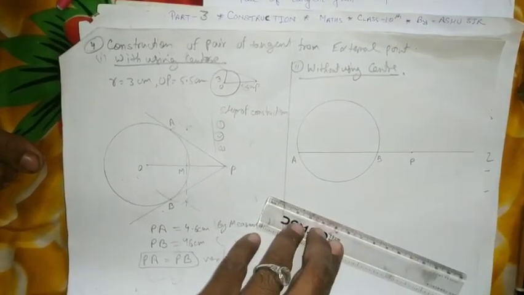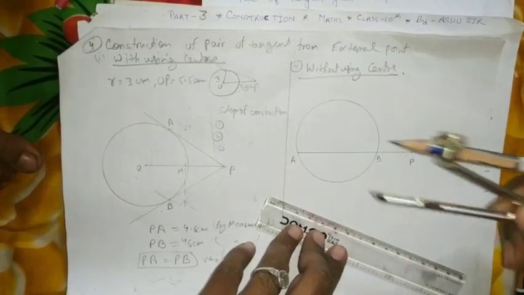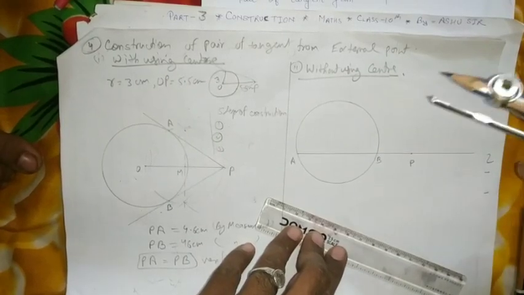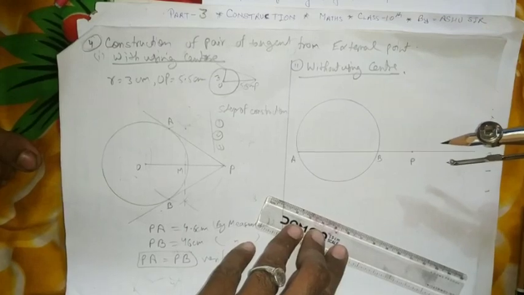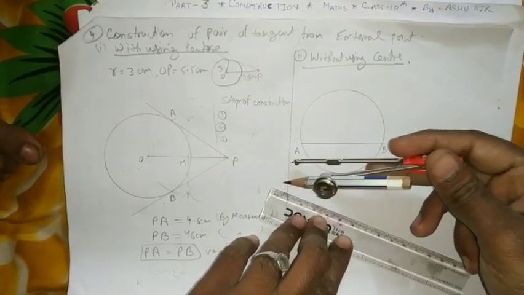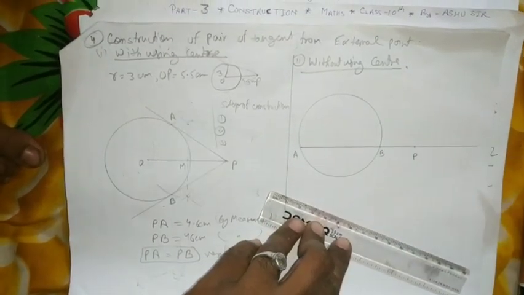Then first step, we draw the circle. We have to explain step by step. You can also write if you want. Draw a circle with the use of angle. Take any point P outside the circle. Then join P with the circle ends as a chord and extend to one side.